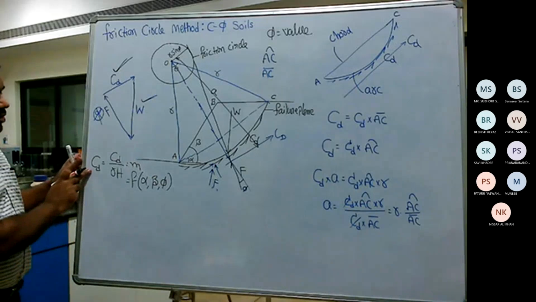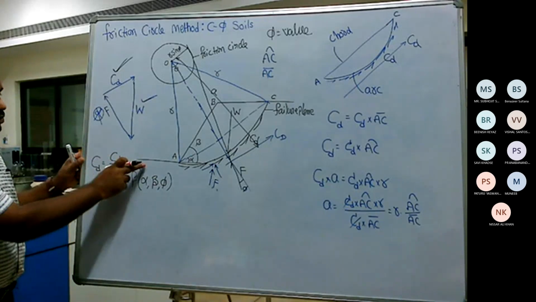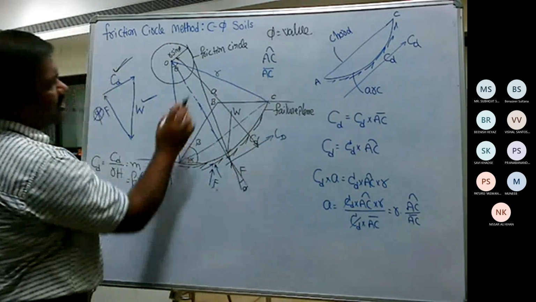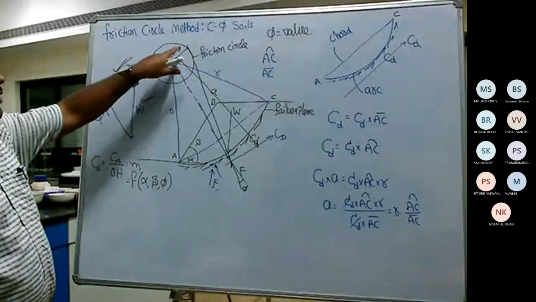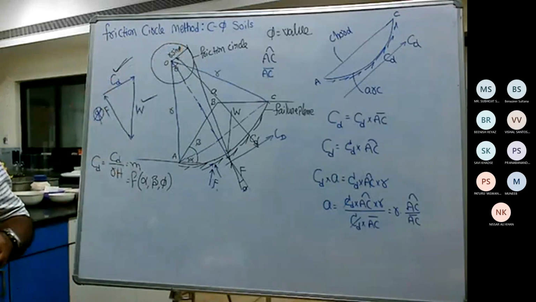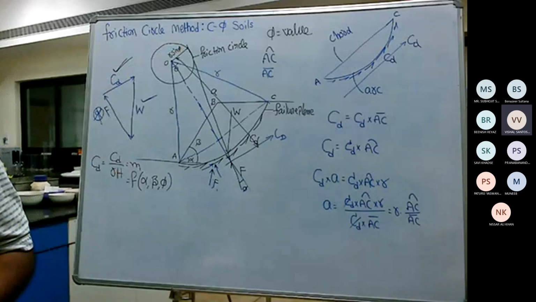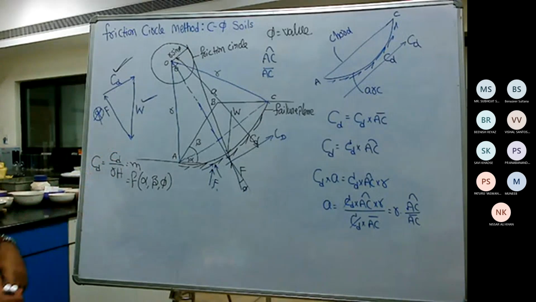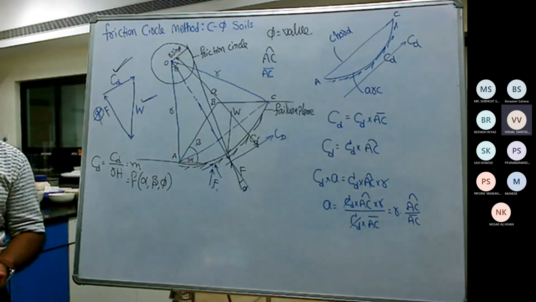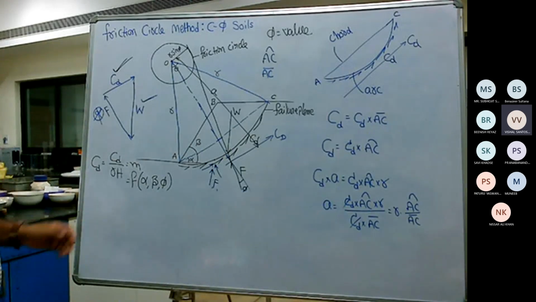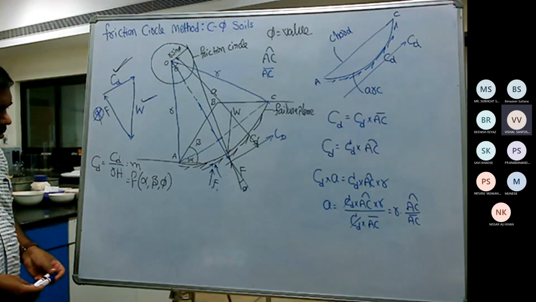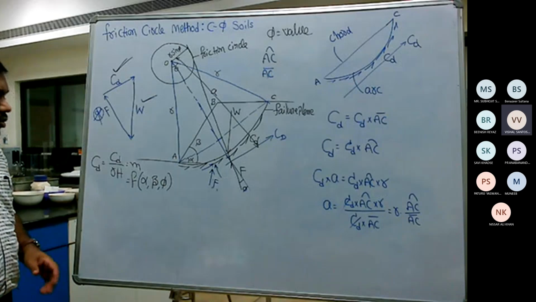So your cohesion term is again related to the stability term. Here the basic aim of all this methodology is, if I know the friction angle of the soil, yeah. Sir, here CD is unit place. Here it is unit cohesion. Sir, here CD equal to CD divided by gamma H. CD is kilonewton per meter square, gamma H is also kilonewton per meter square, cancel and no unit. That's okay.